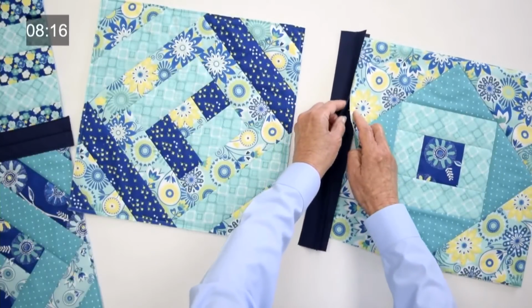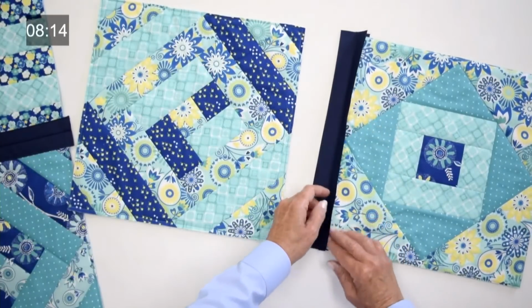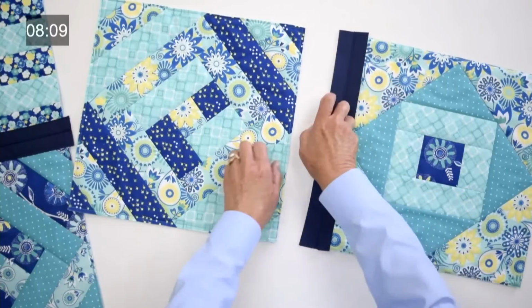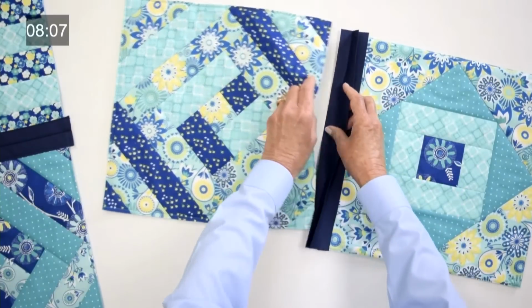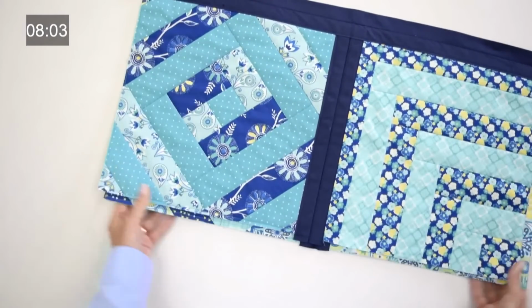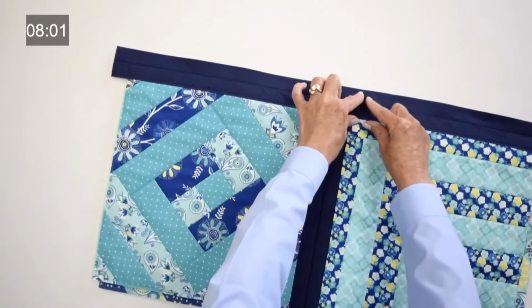Open the casing and nest your quilt block inside the casing. And then we're just going to run a top stitch down the edge. Take your next block, open the casing, and just do the same thing. To join rows, we're going to do the same thing, only we're going to run our Sash and a Dash